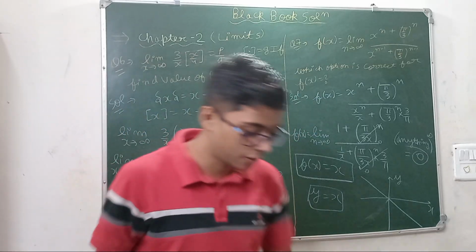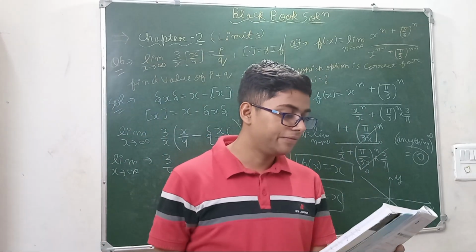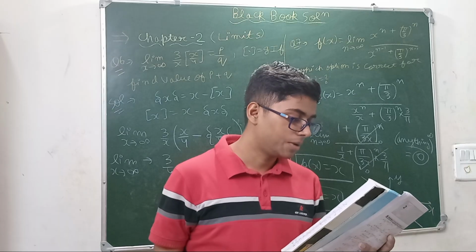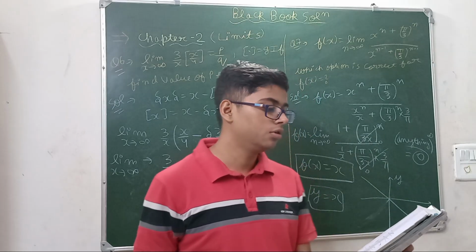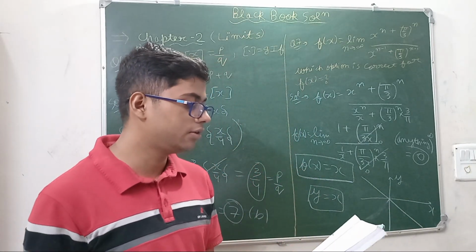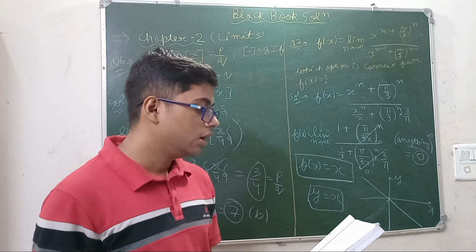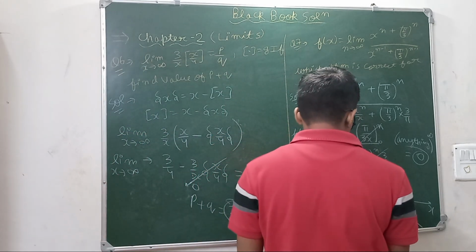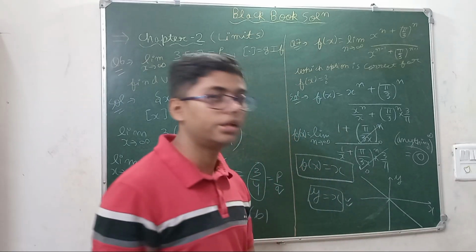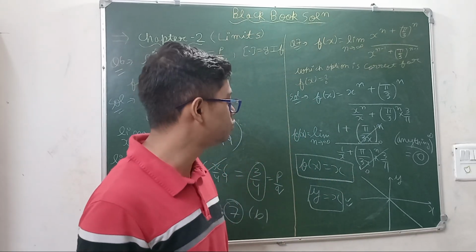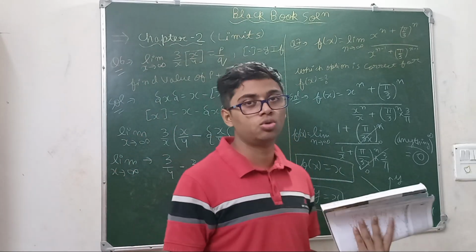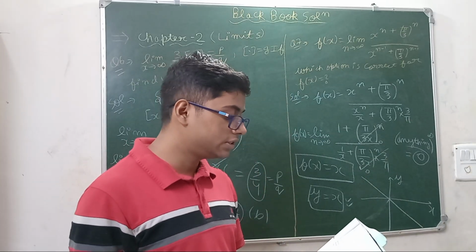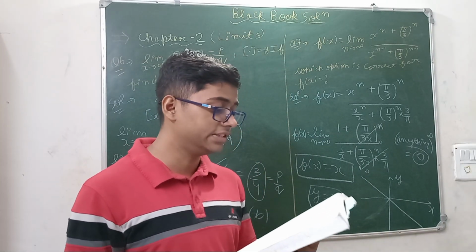This was the limit. First option is saying if f is from [pi by 3, infinity) to [pi by 3, infinity), then the function is invertible. You always know that function y is equal to x is not invertible because for that it needs to be onto. But this y equal to x function is not onto. So first option rejected.